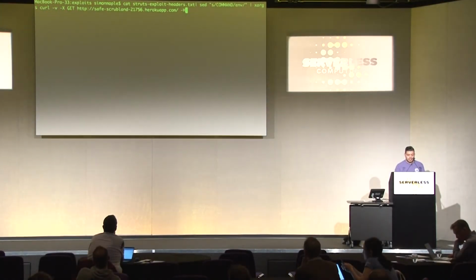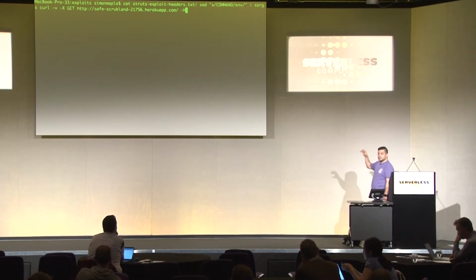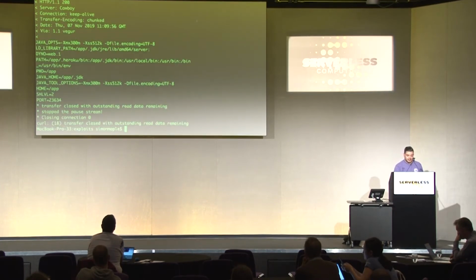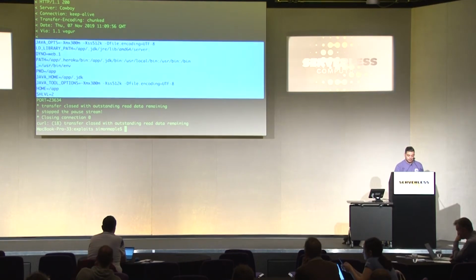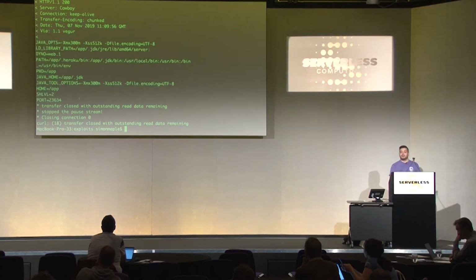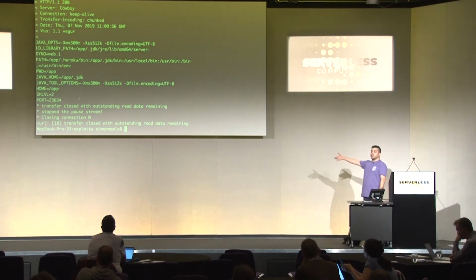So by running this, it is going to hit a Heroku endpoint, hit a Struts endpoint. It's going to go down an exception path. That exception path is then going to evaluate that information, running bash, running env, which is going to get us the environment variables of our machine, and there are the environment variables of that Heroku machine. So very, very easy. This was the first hack that occurred with